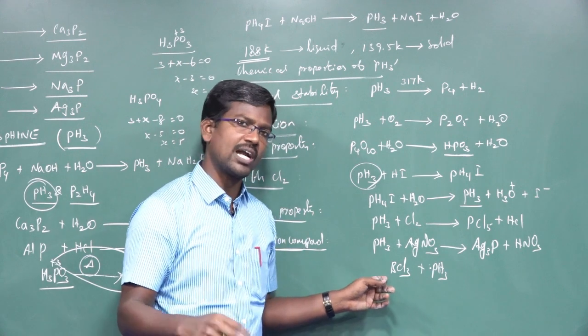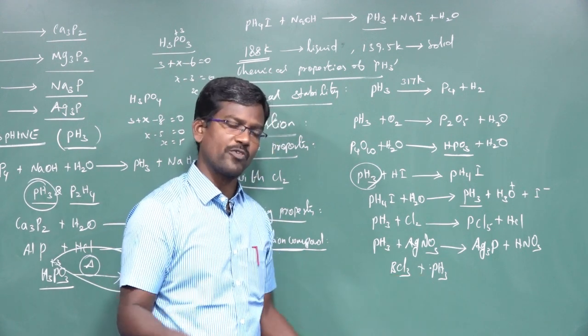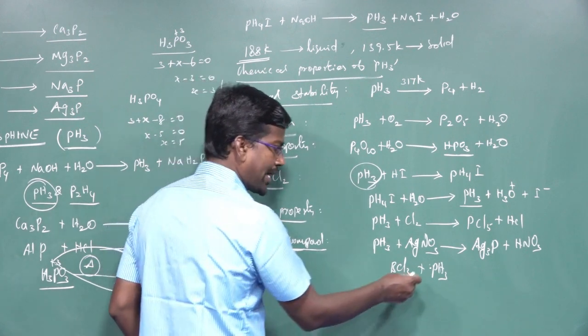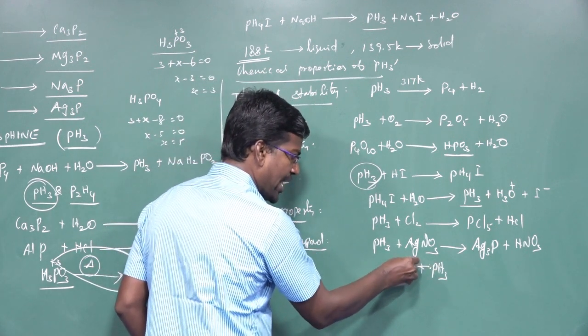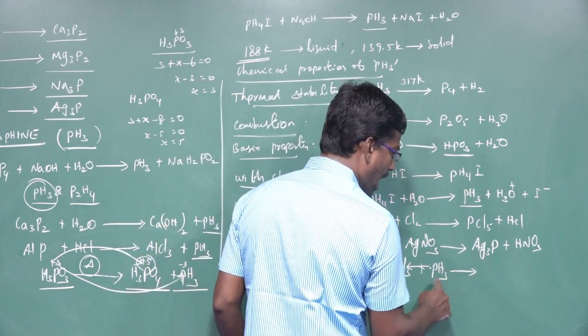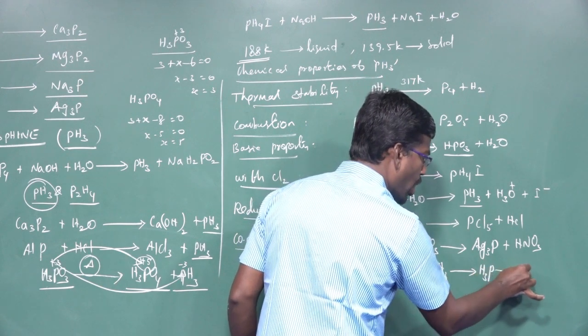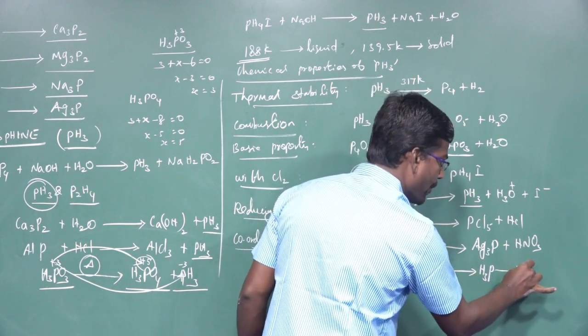The boron atom has a vacant orbital in its valence shell. Phosphine contains an excess lone pair of electrons. The phosphine donates its lone pair of electrons to the vacant orbital of the boron atom to form a coordinate covalent bond. So PH3 forms a coordinate covalent bond with boron